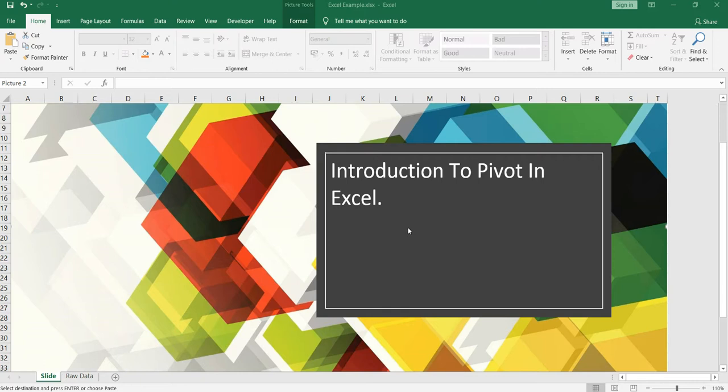Have you ever thought why people talk so much about pivot table? What exactly is pivot table? So let me tell you, pivot table is one of the most exciting and powerful tools of Microsoft Excel, as well as kind of intimidating, because it can help you summarize and make sense of large data sets, while it can intimidate you because you are not exactly an Excel expert, right? And pivot tables always have a reputation for being complicated, right? So the question is, why do we use pivot table, or why do we need pivot table?